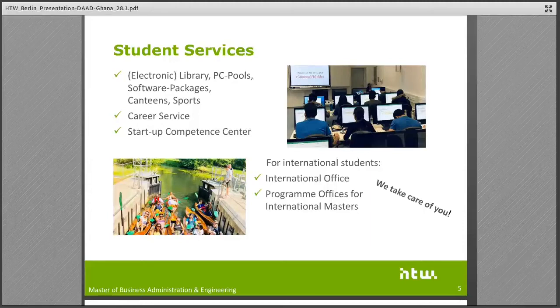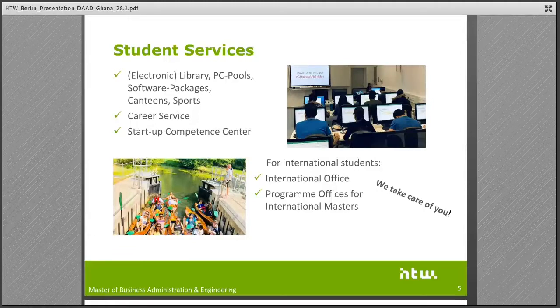We have 2 canteens and a lot of sport activities. We also have a career service which supports and consults students, or let's say graduates, on their way to the job market. The career service offers special trainings, career workshops, and we also have a job portal with international and national job offers and internships. And we also have a startup competence center.